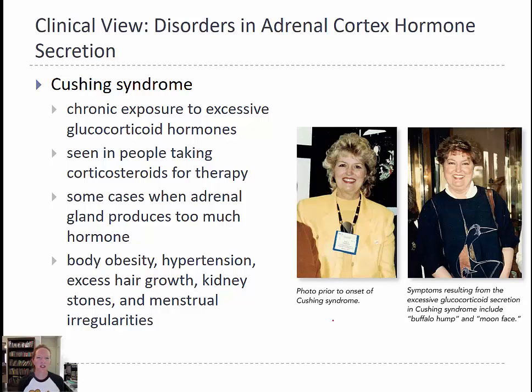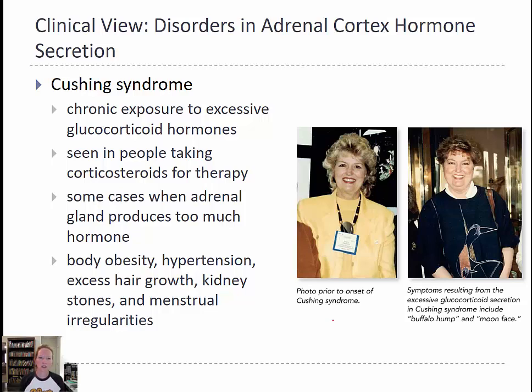Hi everyone. So in this video we're going to be taking a look at the disorders of the adrenal cortex. We're also going to be taking a look at the stress response. And when we get into the stress response, we're going to talk about the functions of two other hormones that we haven't talked about yet. We mentioned epinephrine and norepinephrine. So we're going to be taking a look at what their role is whenever they're secreted from the adrenal medulla.